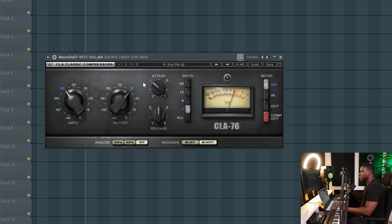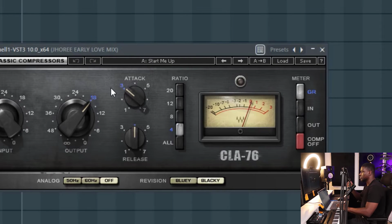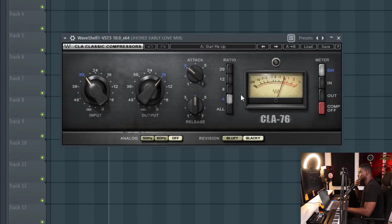And I recommend the compression going in should be very light. So I'm not trying to do any serious compression, just about 1 to 3 dB of compression. The reason why we're using an analog model compressor is because they typically have a tone to them. And so when you use it, it adds a little bit more character than using a regular stock compressor. So I'm going to just try to gauge that. If you look at this bar right here, that is this position right here, just about -1 to -3 dB